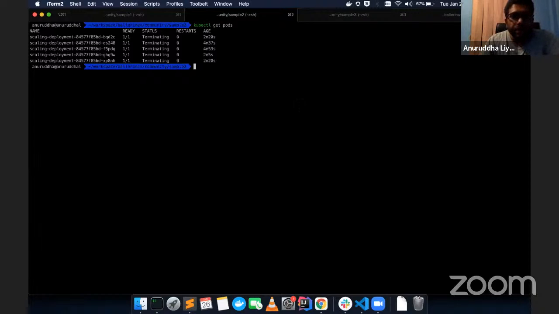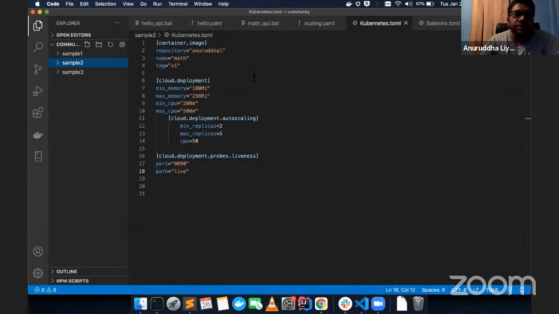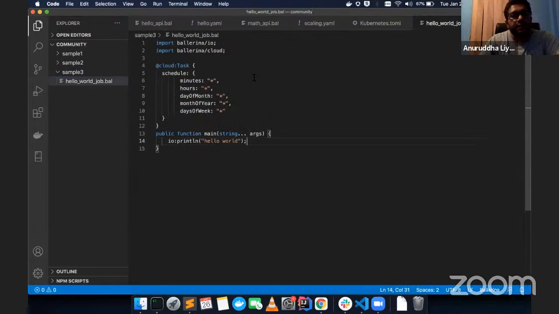It will be removed. And as for the third example, what we are showing is a Cronjob. In this one, we have used the annotation-based approach to define the Cronjobs, because you normally apply this on functions, and it makes sense to add these schedules in the annotation rather than in a separate file. So in this one, what we have is a simple hello main function which runs every single minute and